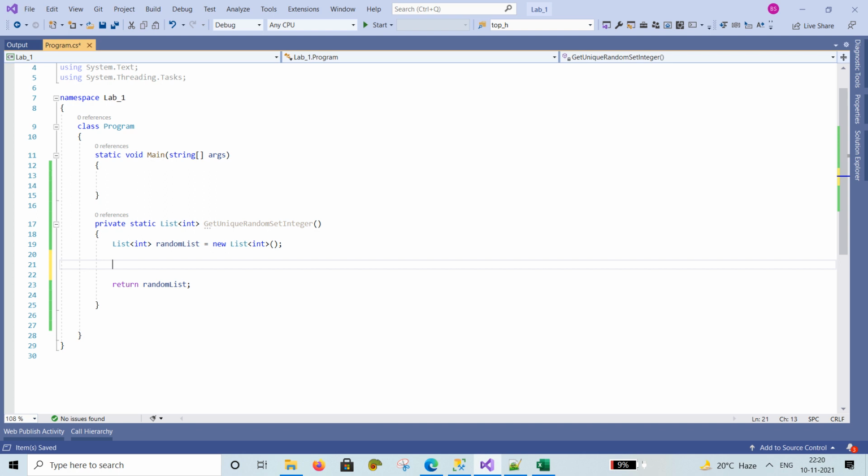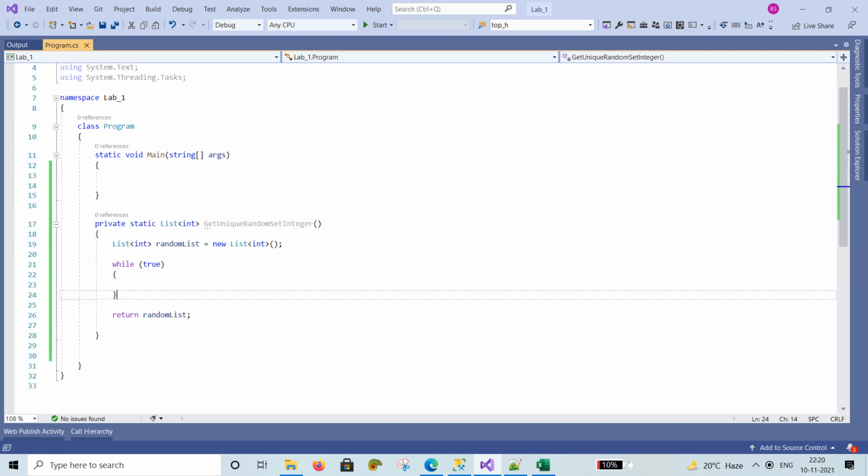For generating a list, we are using a while loop set to true. Now here we check whether the random list consists of four items. Then we break our loop and come out of this while loop.